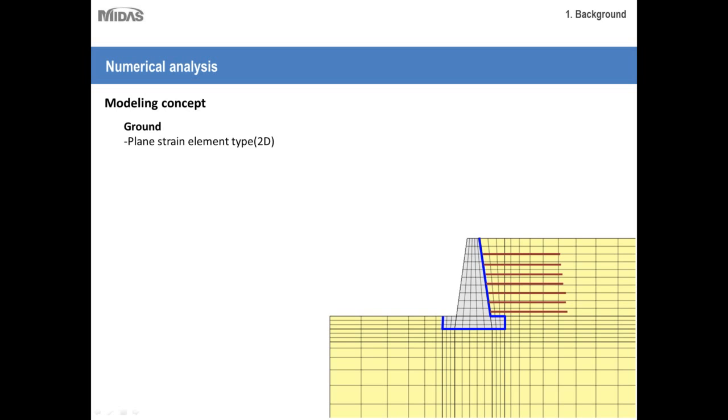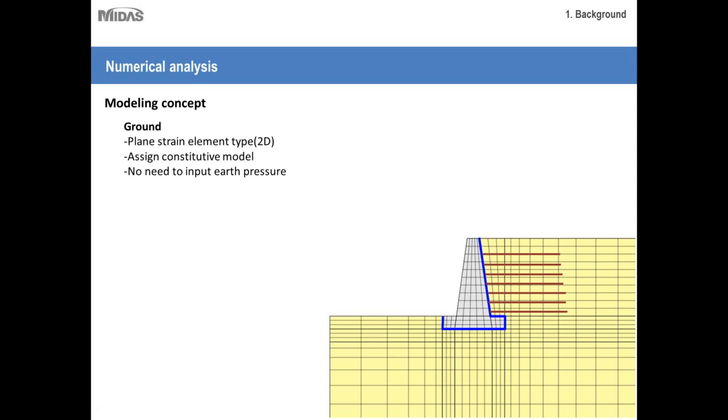For 2D analysis, which is the most common analysis method, we use plane strain elements for representing the ground condition. Then we assign a constitutive model so that the soil can behave as per the real soil behavior,